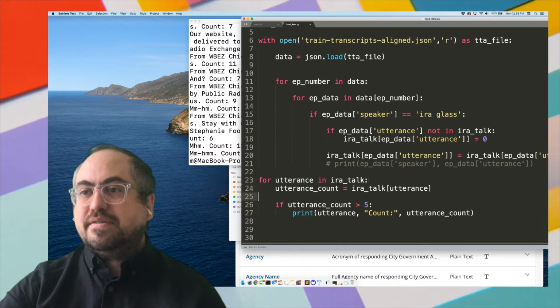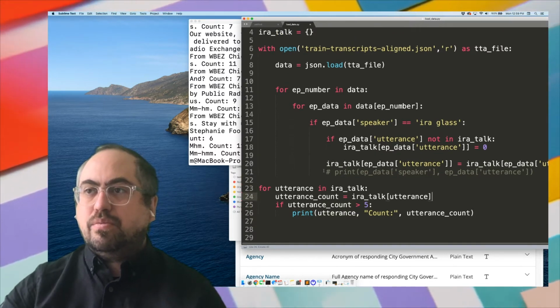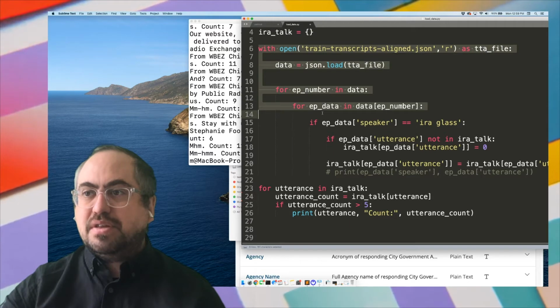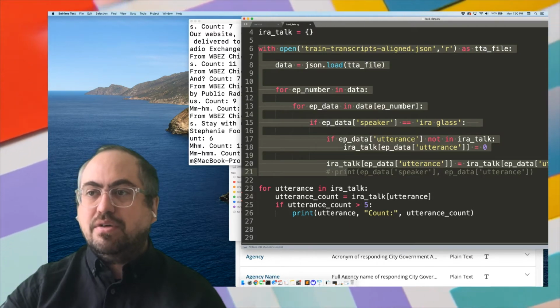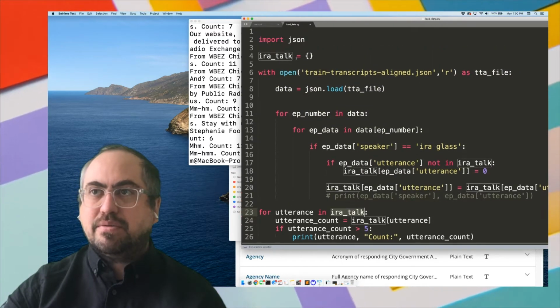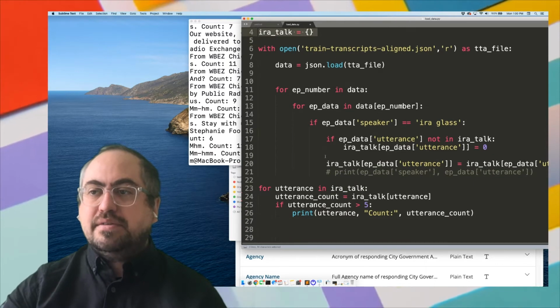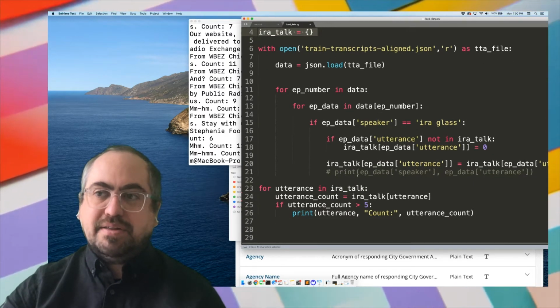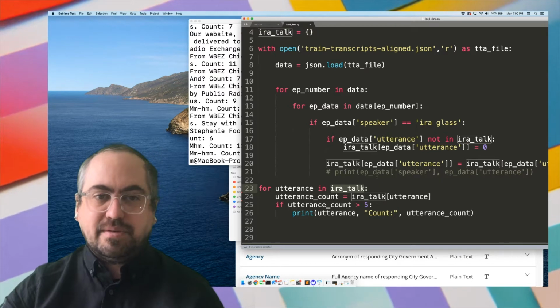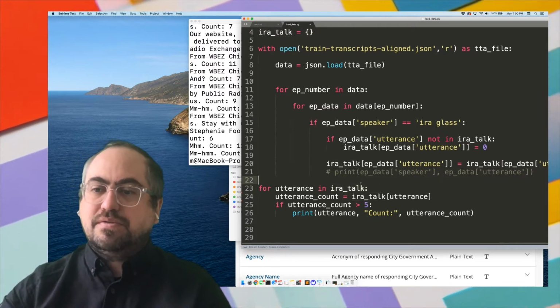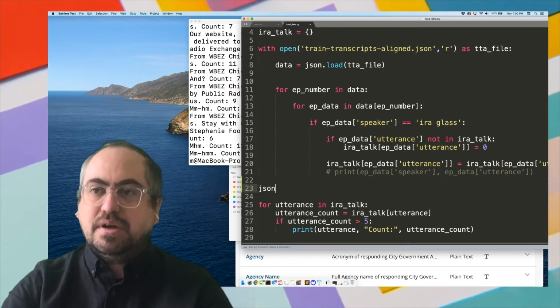In this case, this first part here is building the data, right? It's storing all the data in this thing called IRTalk, which is a dictionary. To write out another Python dictionary as JSON, it's really simple. You just use the JSON module, and you say